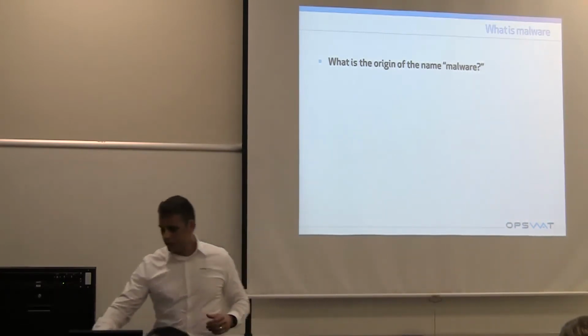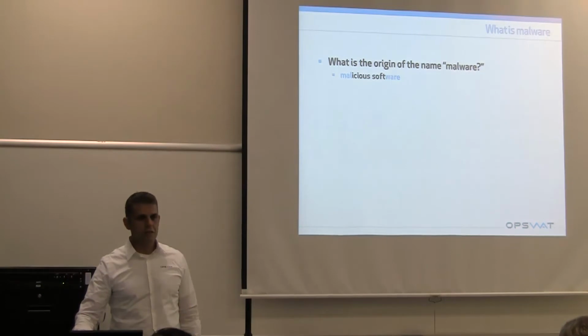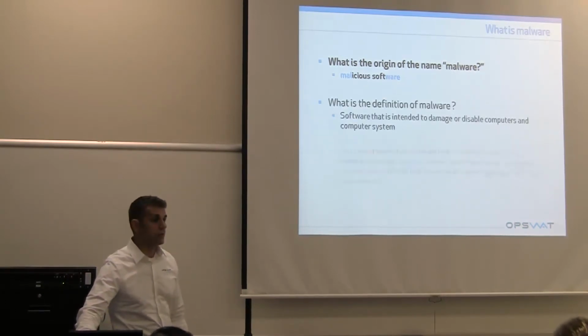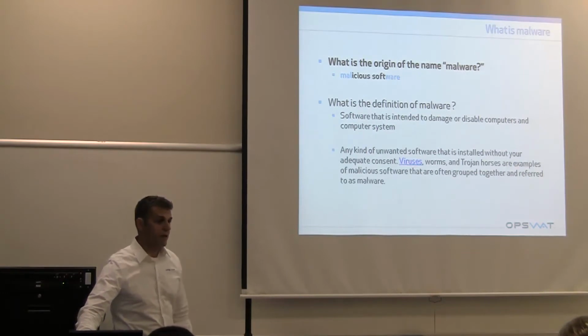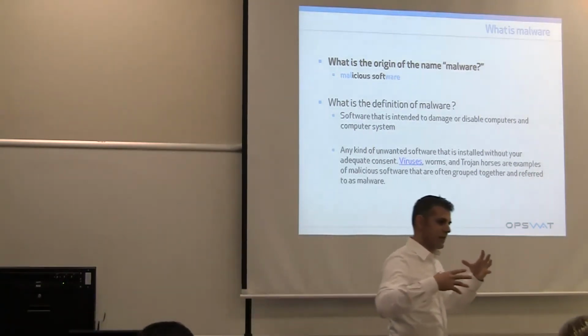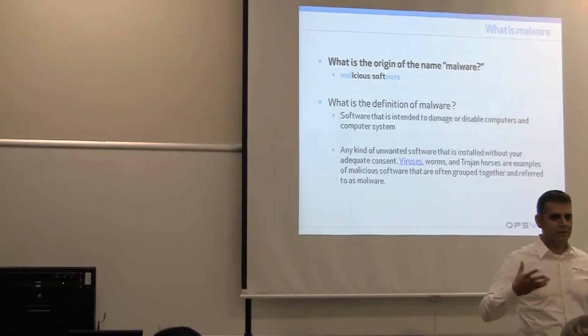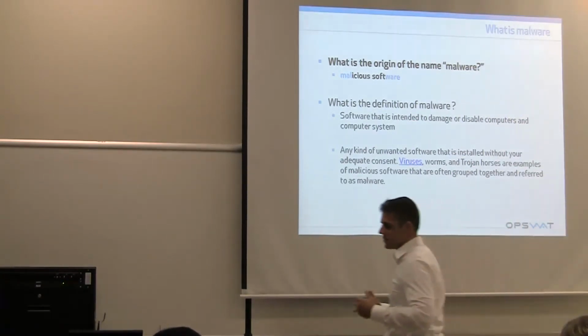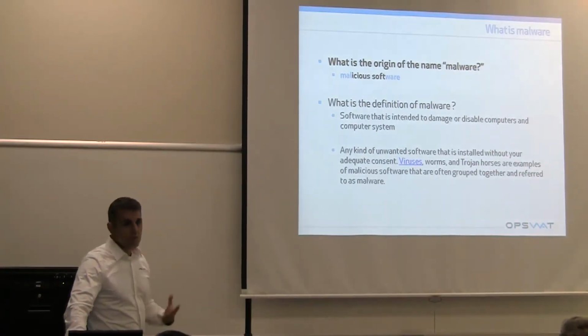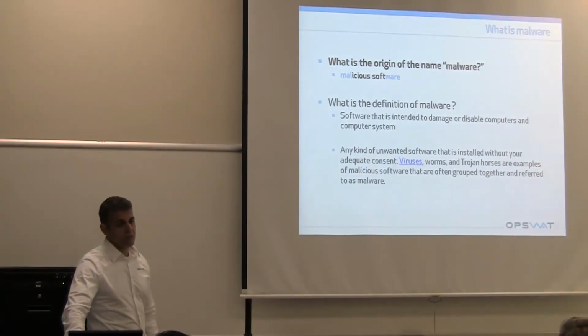So first, malicious software. And then what's the definition of malware? Software that intends to harm. Now let's take it from the CS angle. What does it mean to harm? That's a very vague definition, right? It's software that is intended to create some sort of damage, and sometimes the damage